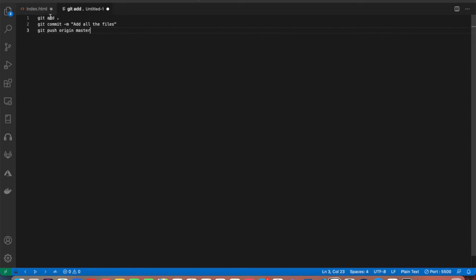and when you are in that folder, then you can write git add space period. This would add all the files temporarily into the master branch that we are working on, and then git commit -m add all the files. So this is the commit command which will commit all the changes that you made into your current repository, and then you will push all the changes into the master branch. So these three commands after the clone. As soon as you do this, you would have your GitHub account ready, and GitHub page is also ready.